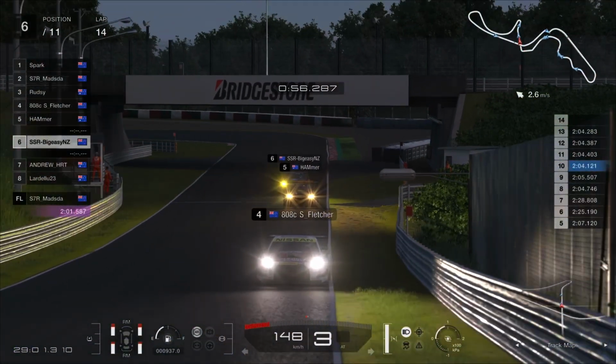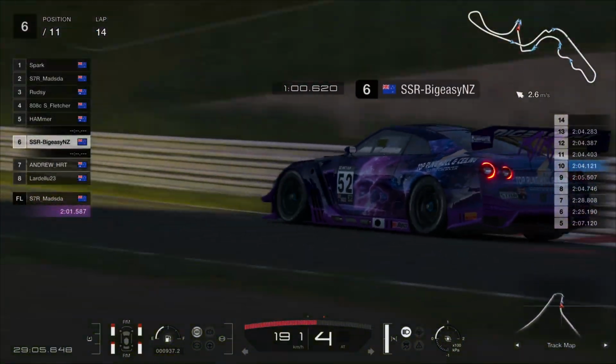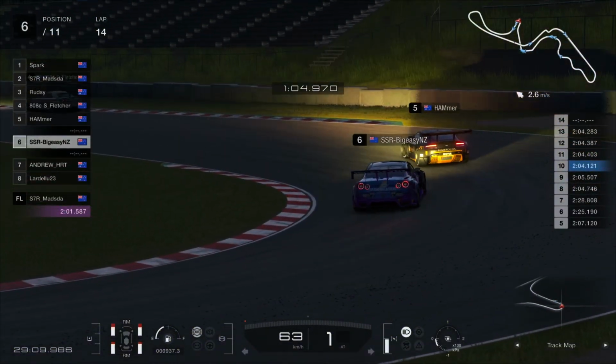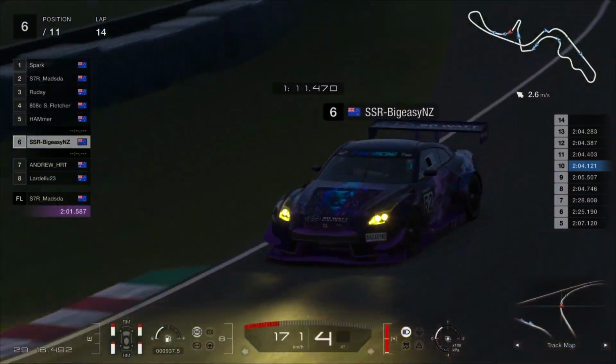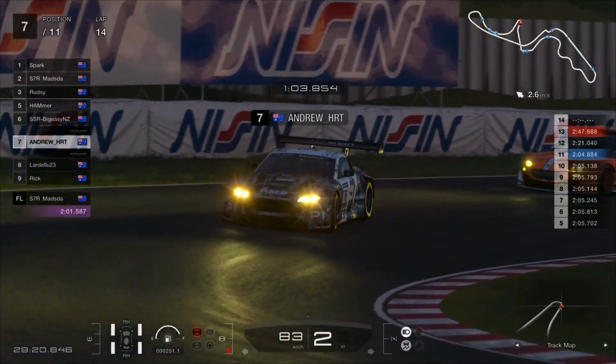Oh, as we see Big Easy just run it ever so slightly wide there behind Hammer coming through that corner. He's dropped off a couple of tenths of seconds there, and he gets a better entry into the corner. We'll have to wait and see how his exit is. Absolutely gunning it down behind Hammer. So he's going to be using that slipstream to catch up